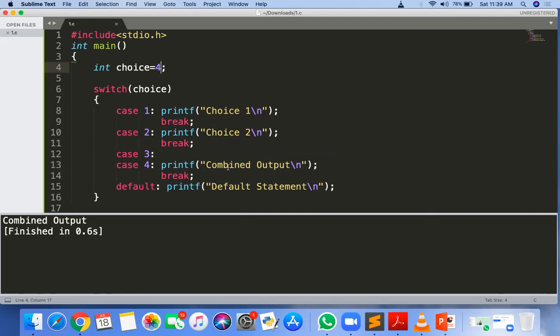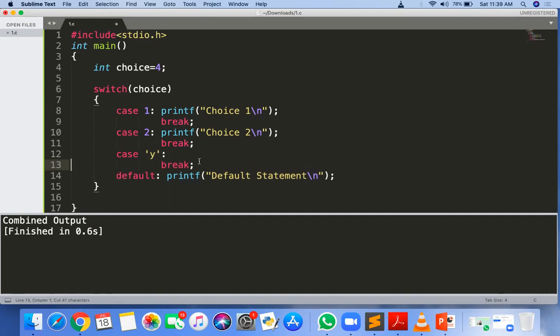So if you want to check it, we can combine the cases for small y and capital Y, for both we get the same output. Whatever the user enters, capital Y or small y, you have the same output. Got it? Because the ASCII value of small y and capital Y are different.